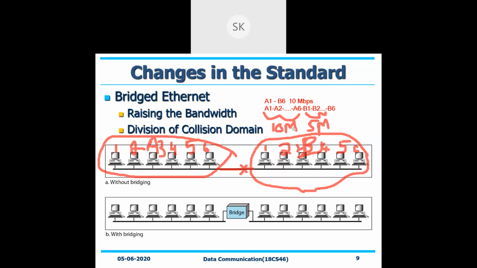So out of 10 MB, only 5 MB will be transmitted, and once it reaches B6, it may be 2 MB of data. This is possible. Once it started, it was 10 MB. Once it reaches the other area called B, it will be 5 MB. Once it reaches the destination, it may be 2 MB due to the collision. So we don't know exactly where the collision has happened, whether in your A category or B, we will not come to know.